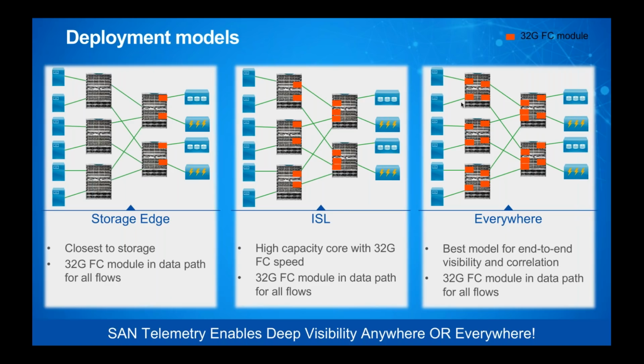And some customers would be very selective, others would take the Murphy's Law route and instrument everywhere. But one of the challenges was we always instrumented at the storage edge. So unless you had dedicated storage for a given app, you really needed to take down entire arrays. And what's exciting about this and talking to customers is they could now go after a single app by instrumenting at the host edge, or go after a certain aspect or area of the data center by instrumenting those ISLs. And because it's software enabled, those choices can be very flexible and dynamic.